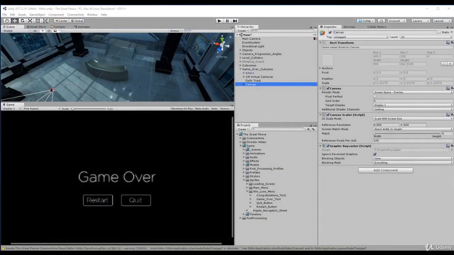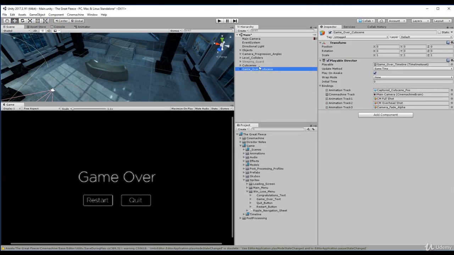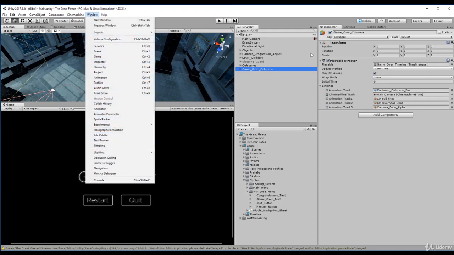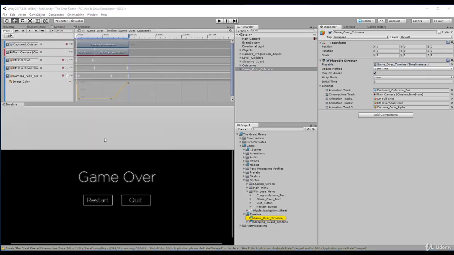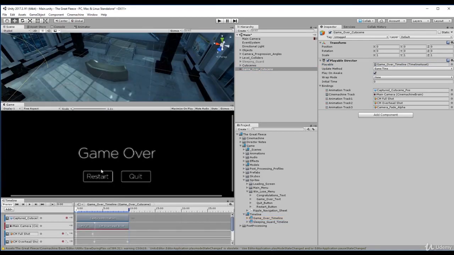Now that the UI is set up, let's take a look at how we can animate this. If we select our game over cutscene and we want to bring up our playable director or our timeline editor, to do that we can go to Window, Timeline, or we can actually double click in the playable director slot here. By double clicking, that will bring up our timeline editor, and we can drag that back down here. So looking at this timeline editor here,